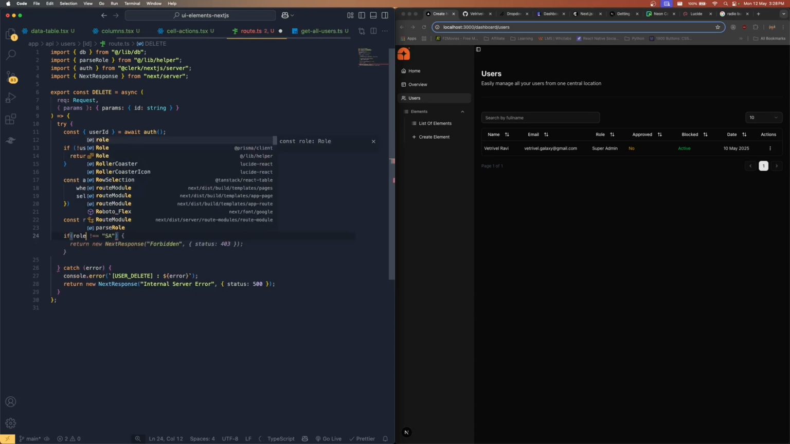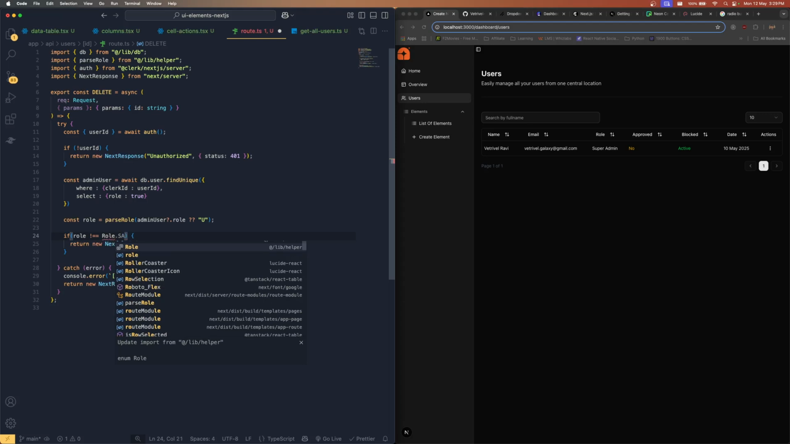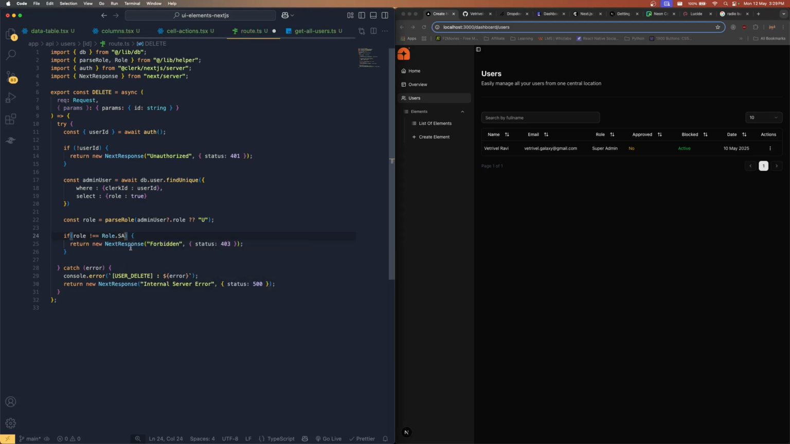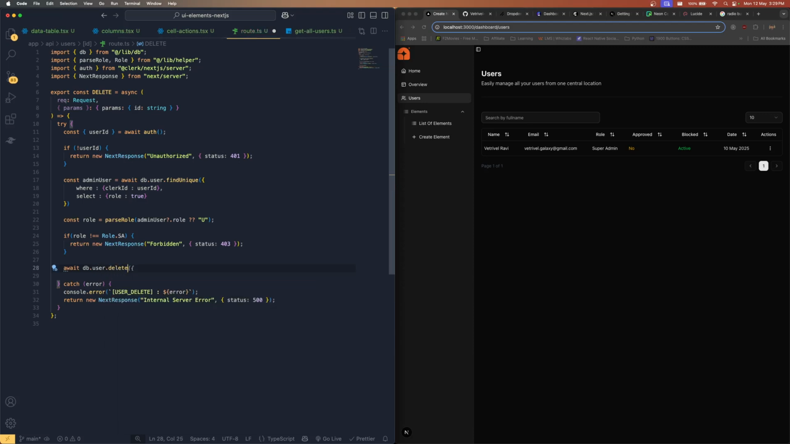If role is not equals to super admin, then we need to make sure that we need to get the Role.SUPER_ADMIN. If the role is not super admin, then we need to say forbidden, you can't do anything else. Otherwise, only if the user is super admin, we need to delete the user. So let me say await db.user.delete,